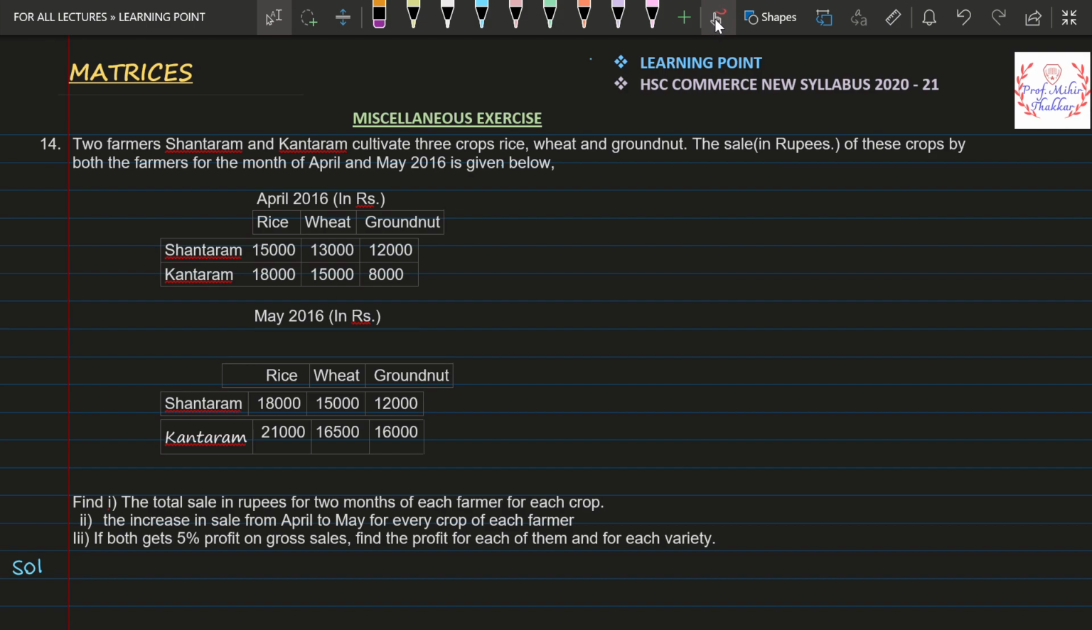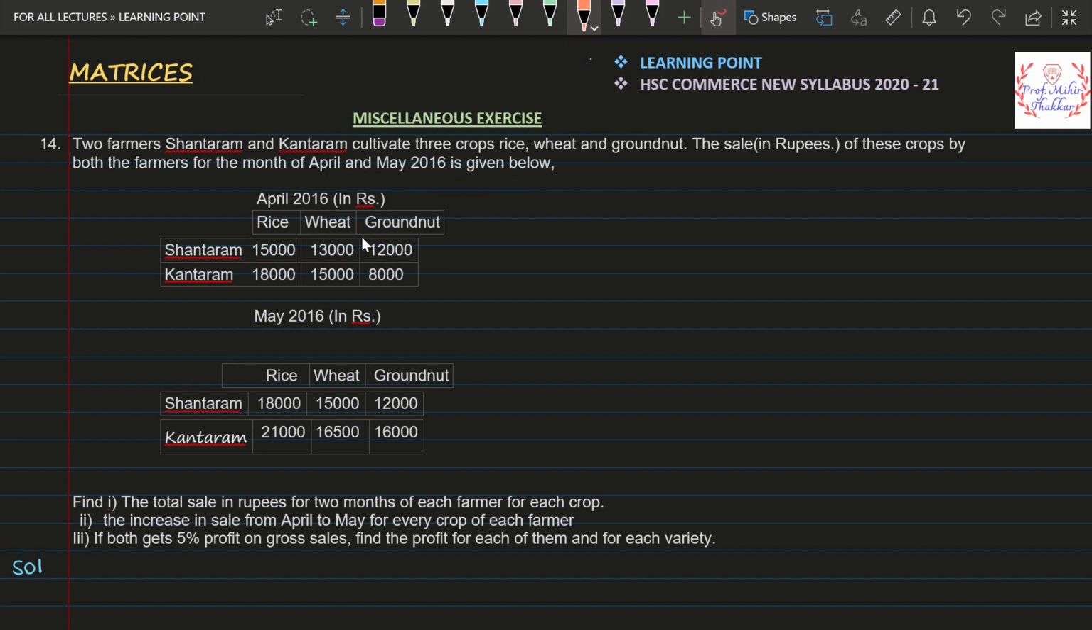Today we are seeing a very important question of the Matrices chapter, which is a part of the HSC Commerce new syllabus. It's a miscellaneous exercise question, and the question says that two farmers, Shantaram and Kantaram, cultivate three crops: rice, wheat and groundnut. The sales in rupees of these crops for both the farmers for the month of April and May